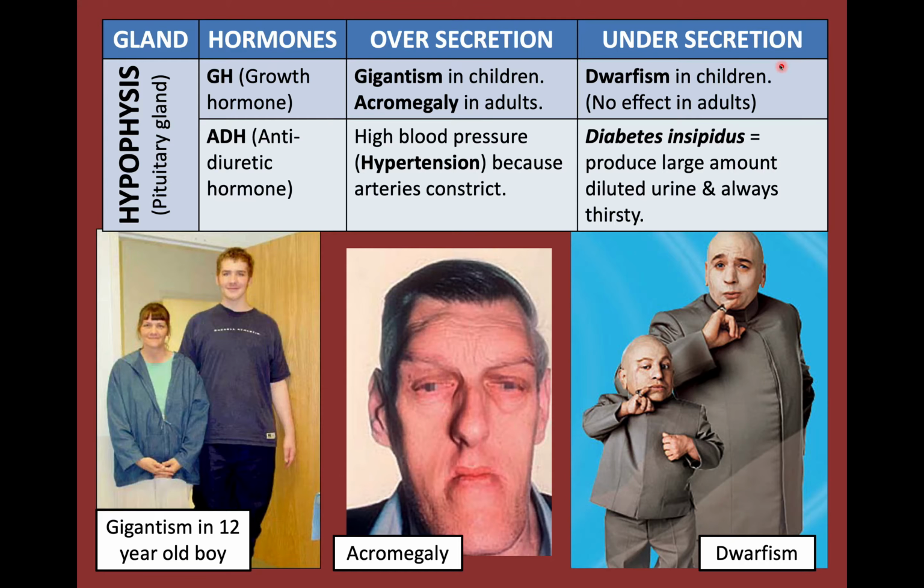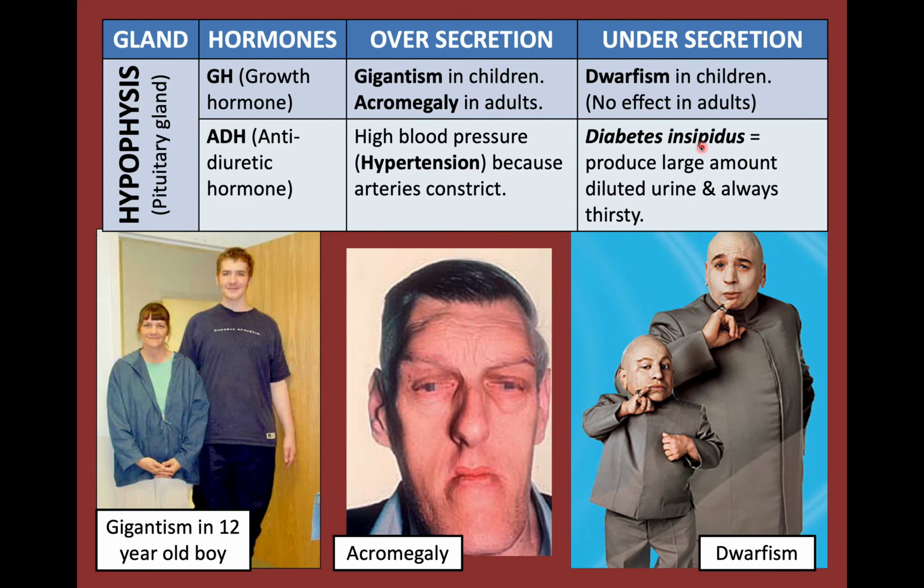What happens if ADH is under-secreted? Well, that would mean that there will be very low levels of ADH now in the blood. What can happen? It's going to cause the kidneys to excrete very large amounts of water. Then you will find that the amount of urine is going to increase. This would lead to dehydration and a drop in the person's blood pressure. The condition is known as diabetes insipidus, right?